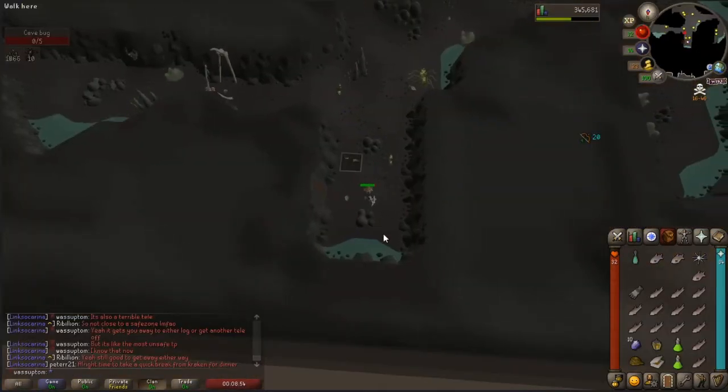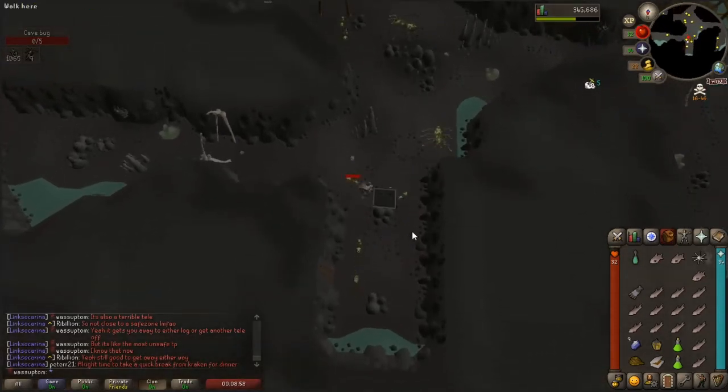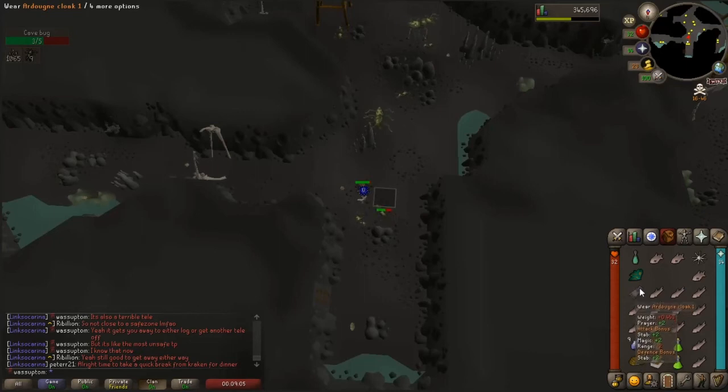And Turael gave me a nice short cave bug task for my 5th task, meaning I can now earn some Slayer points after this. I've been doing a bit of thinking recently about where I'm actually going with this account,